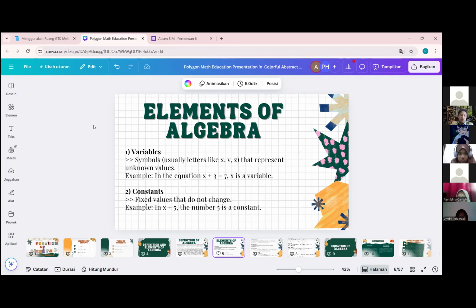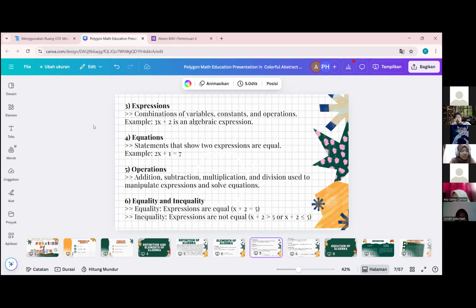Oh, ini harusnya diganti ya. Koefisien bukan? Iya, koefisien. Kurang koefisiennya. Satu variabel tadi sebelumnya. Variables kan ada ya, benar. Konstanta, X